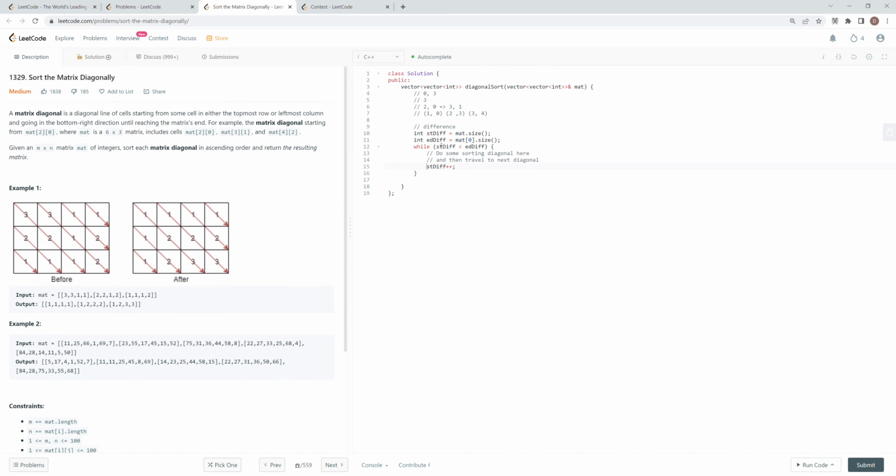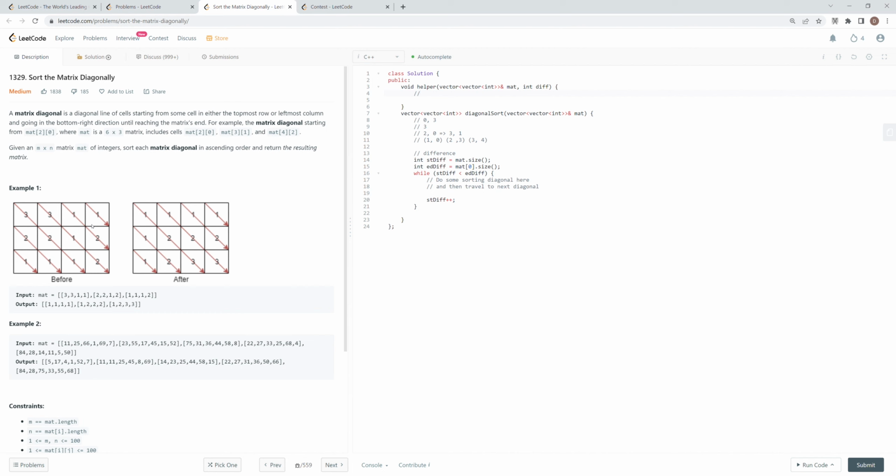And here let's just separate the logic. I'm gonna create a helper function. And this helper function shall take two arguments. One is this vector of vector int, and one shall be our int diff, and then here we can, so here it's not running intuitive for me how to start the diff. Like, can we use the diff to calculate our starting position? So actually, let me think about it. So there's one thing though,